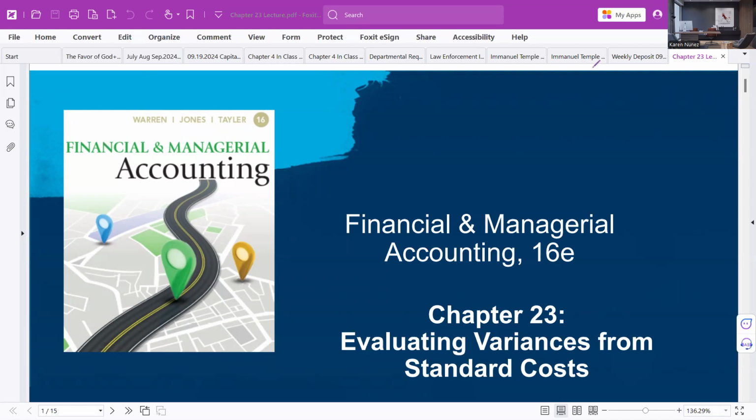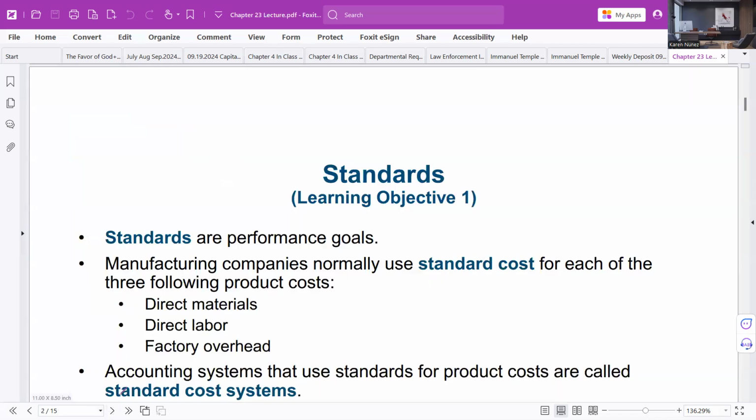In Chapter 23, we're looking at evaluating variances from standard costs. This is really an extension of Chapter 22. In Chapter 22, we looked at budgeting, establishing budgets so that we can determine whether or not we have met our goals and as a control aspect. So in this chapter, we're going to extend by using the standards that are used to develop our budgets as